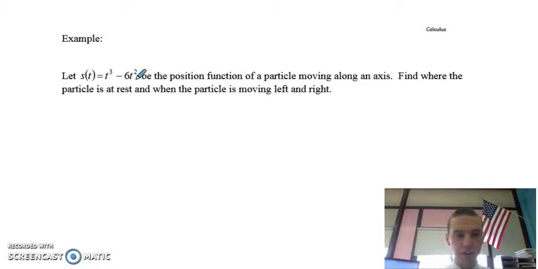So let's go right into it. S of t equals t cubed minus 6t squared. That's the position function along an axis. Find where a particle is at rest. If we know it's at rest, we know that v of t